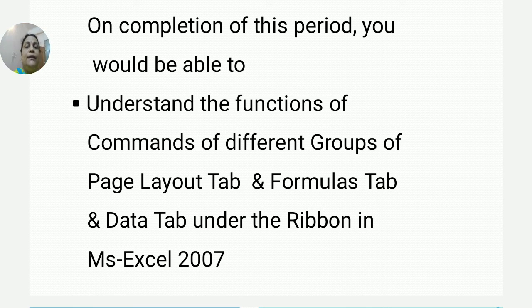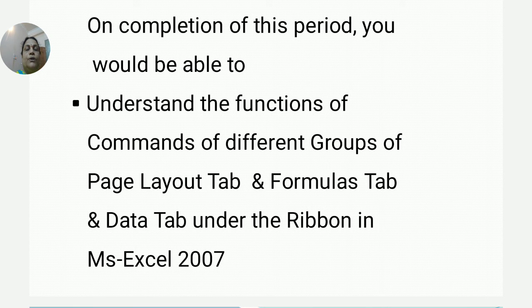In this class we are mainly focusing on the functions where we can apply and use these commands. What are the functions of commands of the page layout tab, formula tab, and data tab in the ribbon? Under the ribbon you can see all these tabs. So in this class we have discussed the main functions of commands of these tabs.